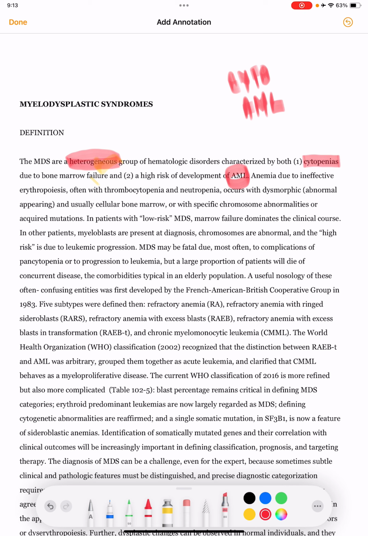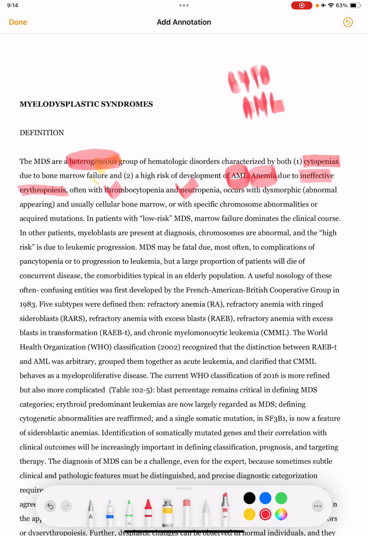Anemia due to ineffective erythropoiesis, often with thrombocytopenia and neutropenia, occurs with dysmorphic, abnormal appearing and usually cellular bone marrow, or with specific chromosome abnormalities or acquired mutations. So what happens here is there will be anemia. Why this anemia? It is due to ineffective erythropoiesis. This anemia will also be accompanied by thrombocytopenia and neutropenia, and this also occurs with dysmorphic, that is, abnormal appearing